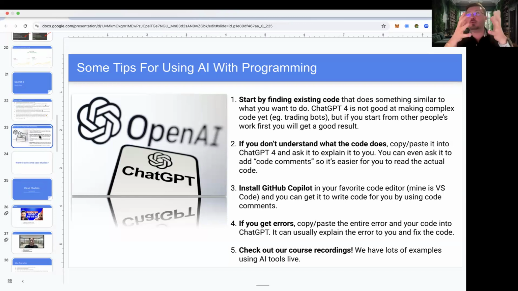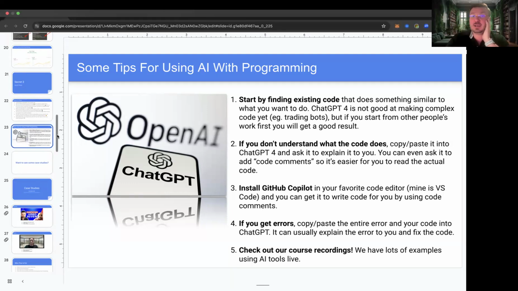So here are some things that we tell people when you join and you want to learn how to code. First of all, if you're going to use ChatGPT, use GPT-4. Don't use GPT-3. Get the paid version. It makes a very big difference, right? But also make sure that you give it existing code. When ChatGPT-4 came out, so many people said, "Oh yeah, I told it to make me a trading bot, and it didn't work." Obviously, it's not that smart, right? It's great. It's a tool, but it can't completely build the stuff from scratch. At least not yet, right?